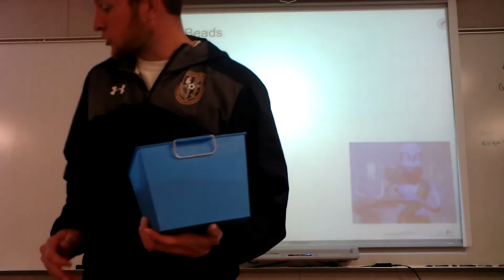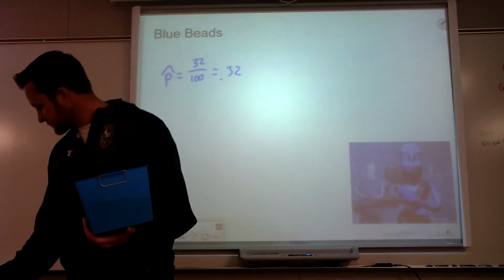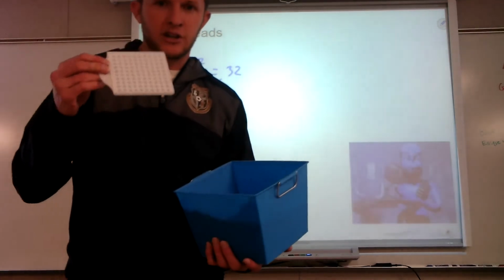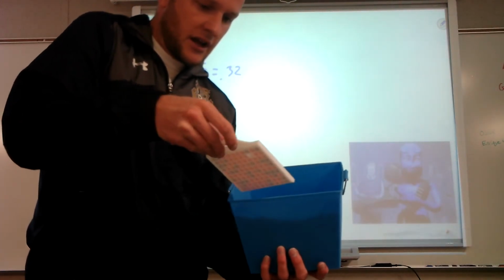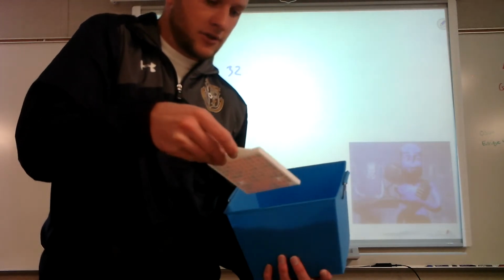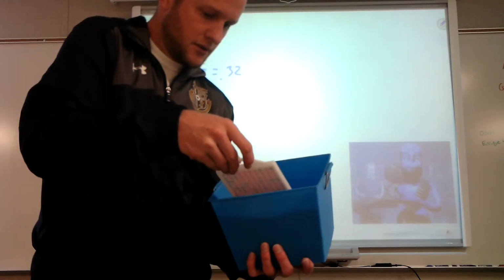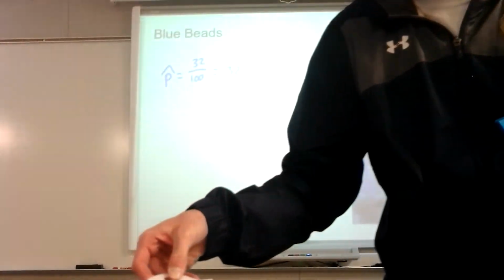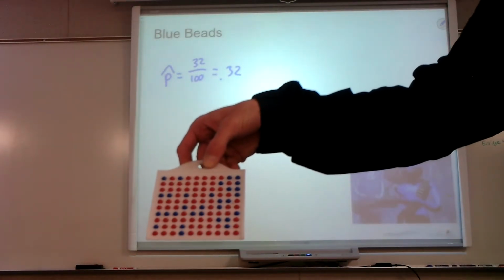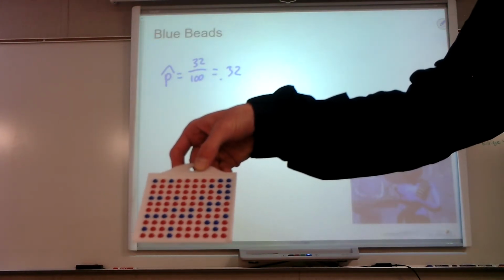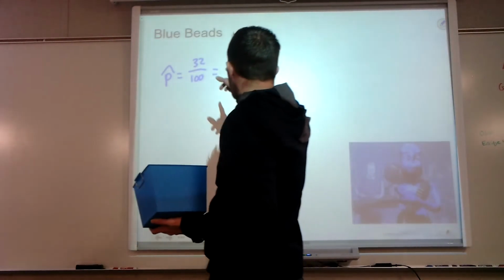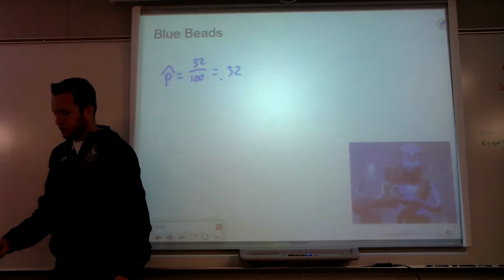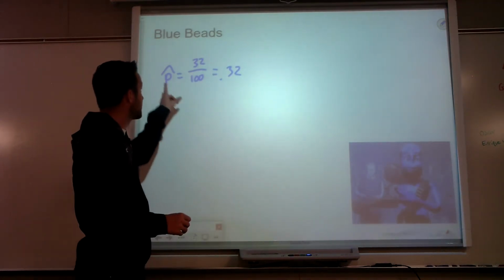Well, what I did was I took a bead counter here, and I said, let's do a sample of 100. And I stuck the bead counter in here, and it pulled out 100 beads. Hopefully you can see that. Then I said, how many of those 100 are blue? Well, in my sample, I got 32 out of 100 were blue, which gives me a p-hat, a sample proportion